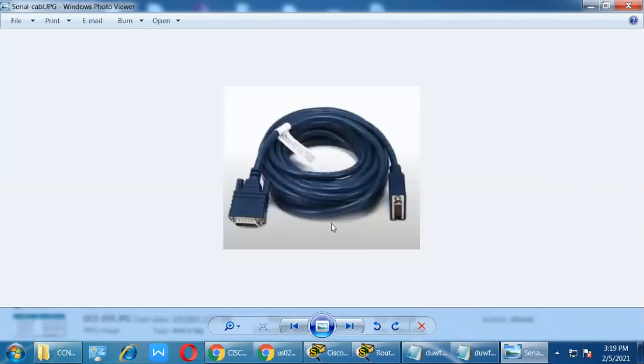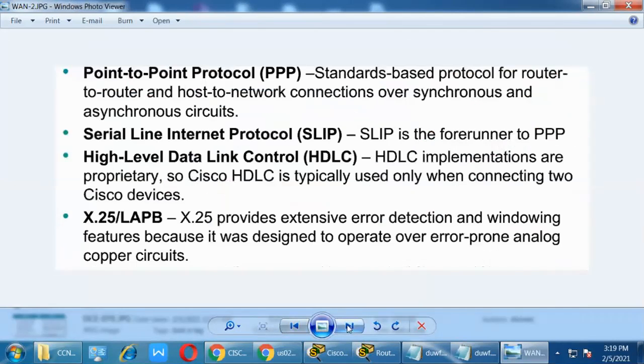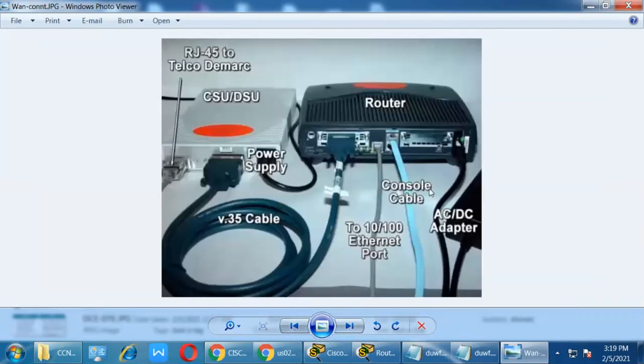See, this is the cable. This is a CSU/DSU modem, and this is the serial cable. Here 18 pin, this side 18 pin, and this is 26 pin or 60 pin, whichever you are using. But this picture is showing the 26 pin. So this is the serial cable. It is minimum 1.5 meter and maximum 3 meter, because the router and modem are near. So who will provide this? The ISP people. CSU/DSU, channel service unit, data service unit.